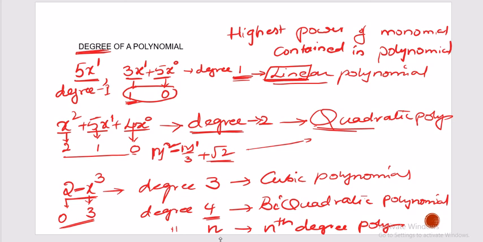If you observe each and every example, for degree 1, is there any relationship between the number of terms and the degree? There is no relation between degree and number of terms. A polynomial of degree 1 may contain one term or two terms. A polynomial of degree 2 can have 3 terms or 2 terms, or even by using one term we can have a polynomial of degree 2. Likewise, there is no specific relationship between the number of terms and the degree of a polynomial. Just remember this.